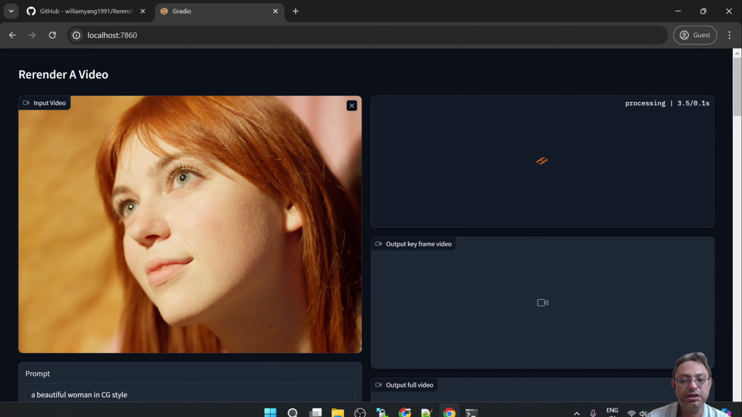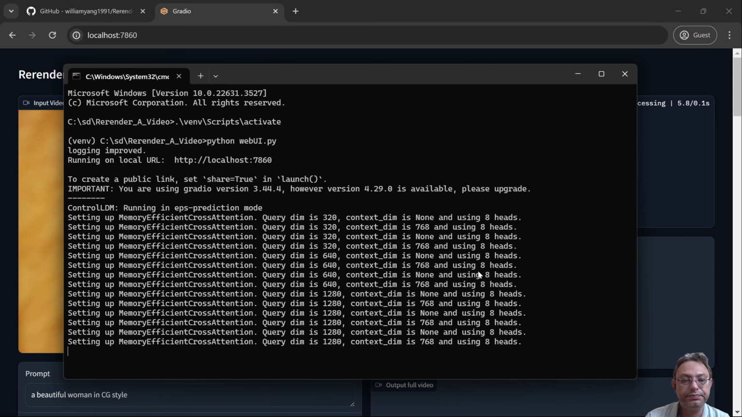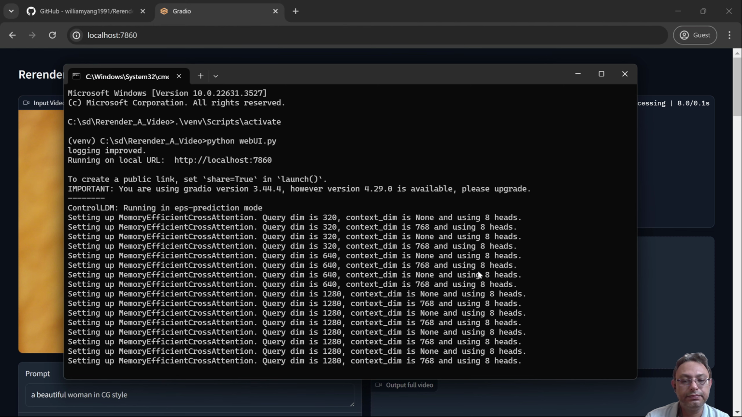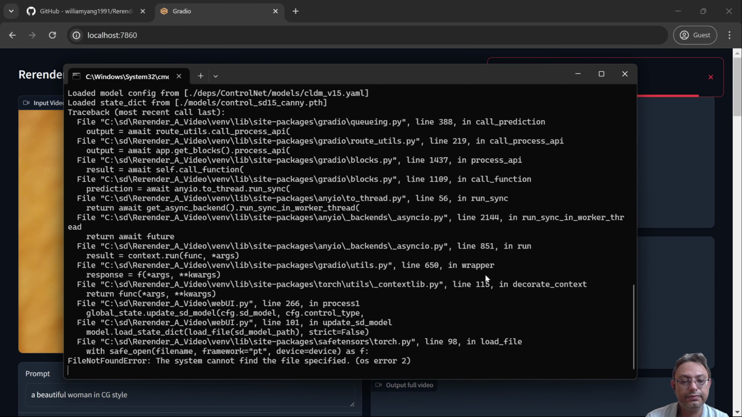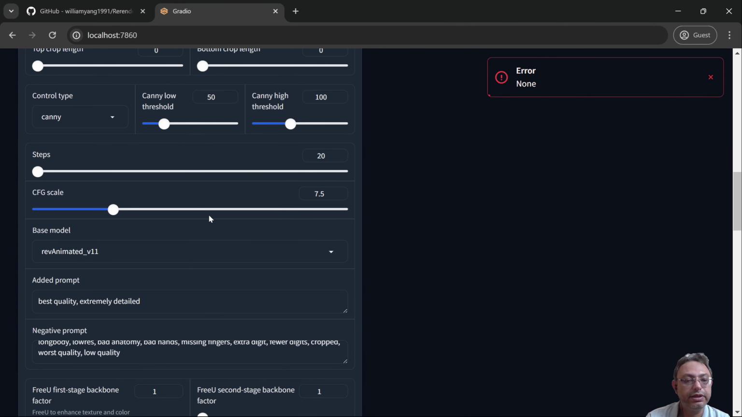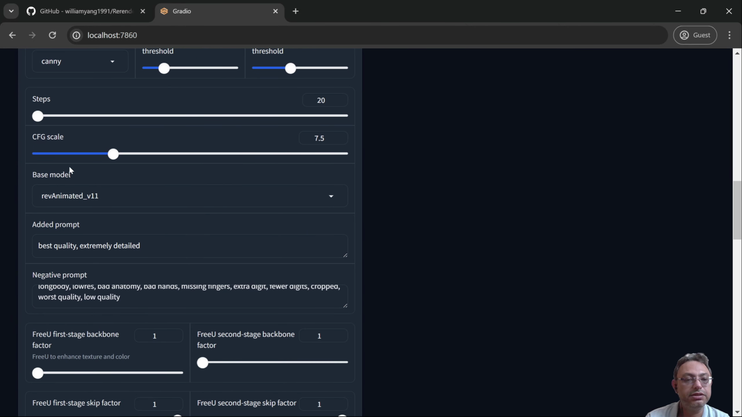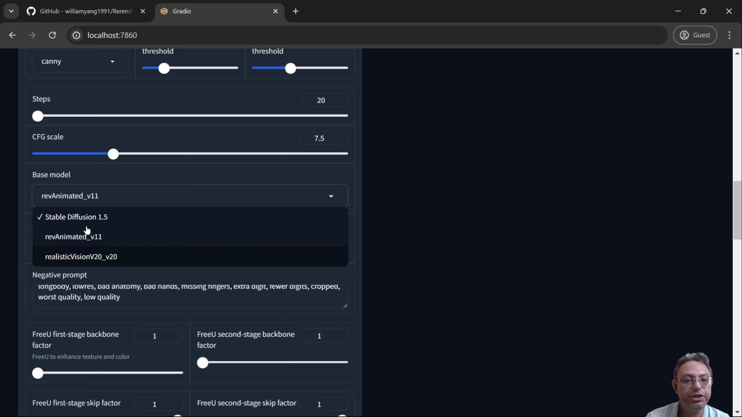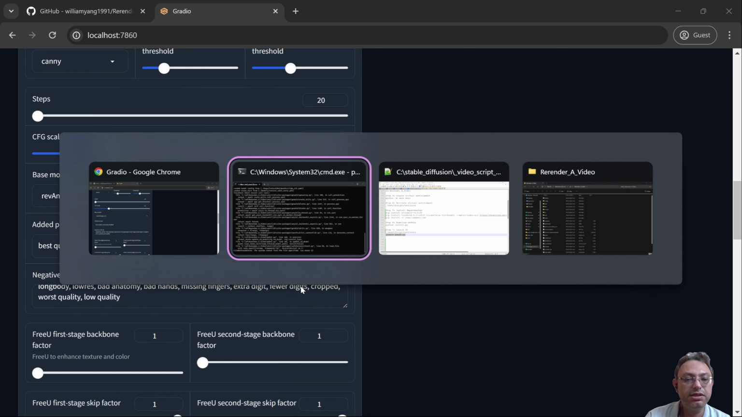I will see the processing is started. Now it will come up with the error. It cannot find the file specified. So let's understand the second aspect that is related to the base model. So there are three models that we can use initially. One is Stable Diffusion 1.5, second is Rev Animated, and third is Realistic Vision. So we need to download and place these models in the